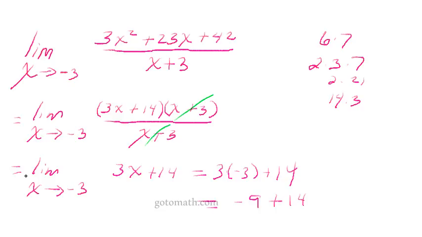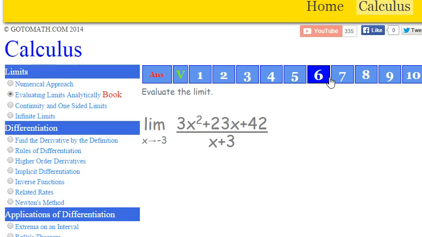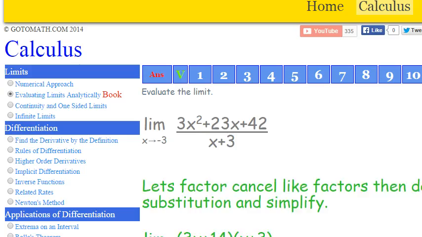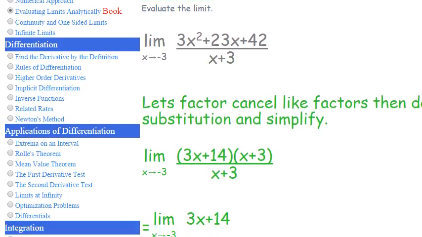It looks like 5. Let's go back, and of course I've got a help button up here, but not all the problems have the help programmed into them like this one does. Let's factor, cancel like factors, then do direct substitution and simplify. So just like you've seen me work